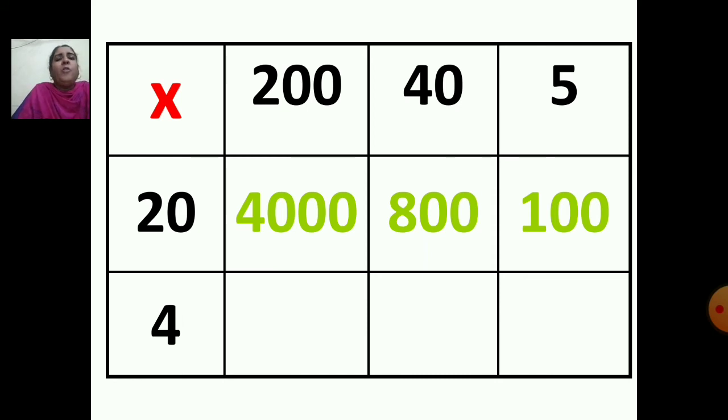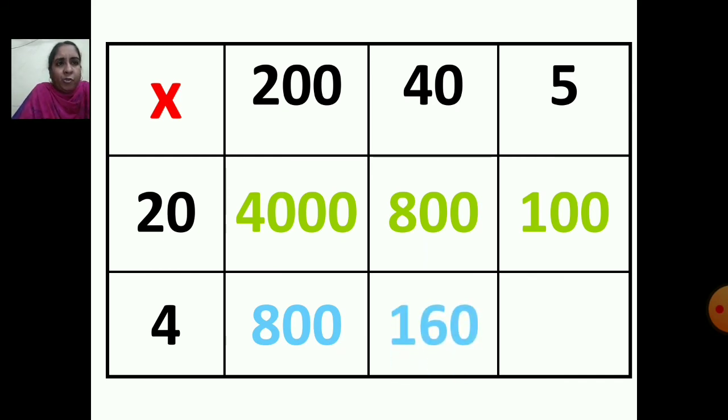Okay. Now we will multiply 200 with 4, 40 with 4 and then 5 with 4. Okay. So 2 4s are 8. After 8 you will place how many zeros? 2 zeros. Right? So what is your answer? 800. Now 4 multiply by 4. 4 4s is how much? 16 and then 1 zero will come, right? Now 5 fours is how much? 20. So after you get the answer, you have to write all these numbers and add it.